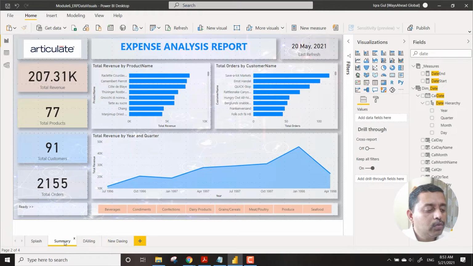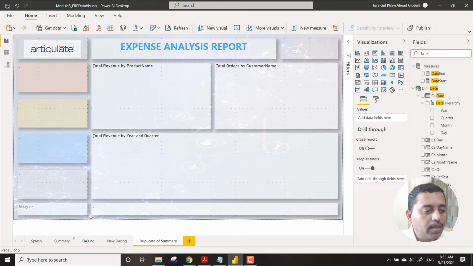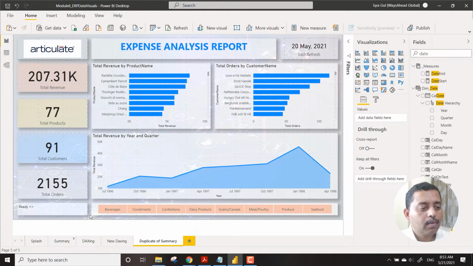So what we will do is go to the summary and say duplicate. The moment we say duplicate, we will have all the headings and slicers and everything intact. Now here we can bring it over and call it analysis, a very simple analysis, but using custom visuals.